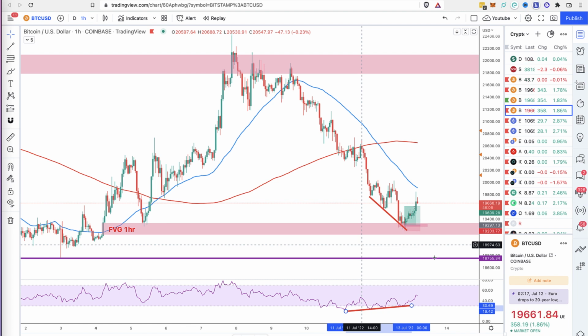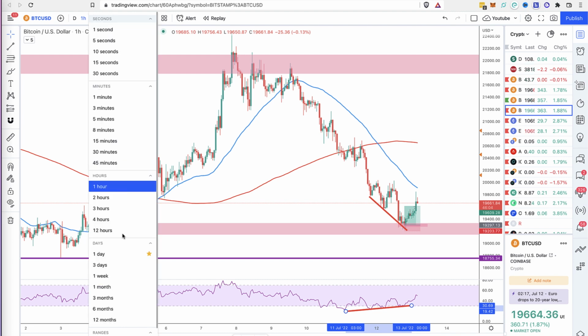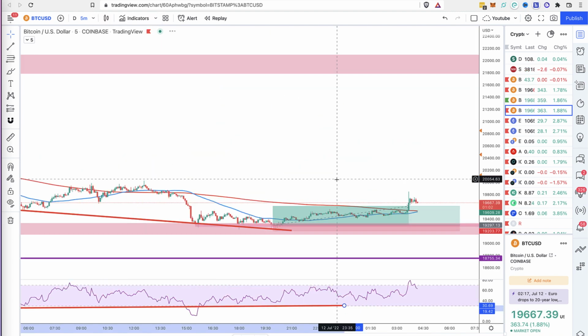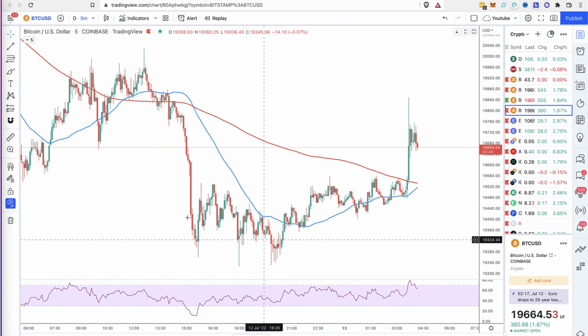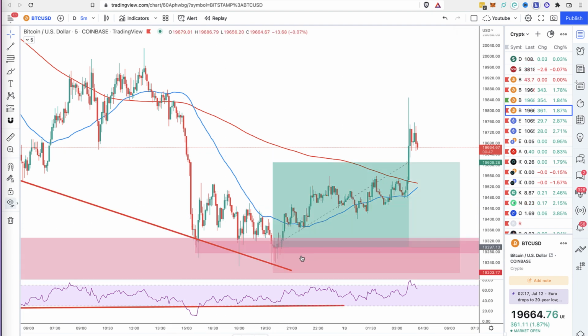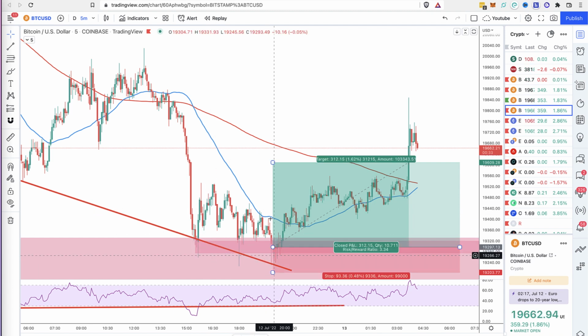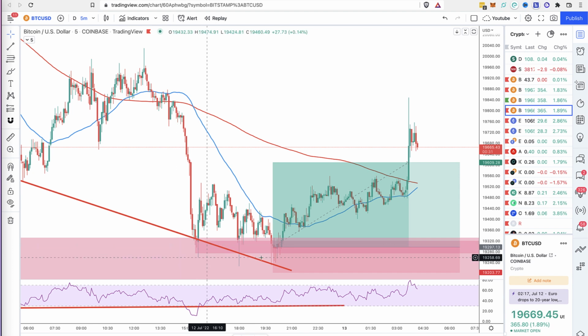Then what we do is we zoom in to a lower time frame. So let's just do that real quick. We zoom in on the 5 minute, and I'll take you through the replay mode in a second. But once we started getting this, and keep in mind the fair value gap zone is over here, we got the first wick, the second wick, and then the third one, these 3 drives down. And again, if you've gone through the training and if you've been practicing this, you will recognize that this is basically a potential Wyckoff accumulation,